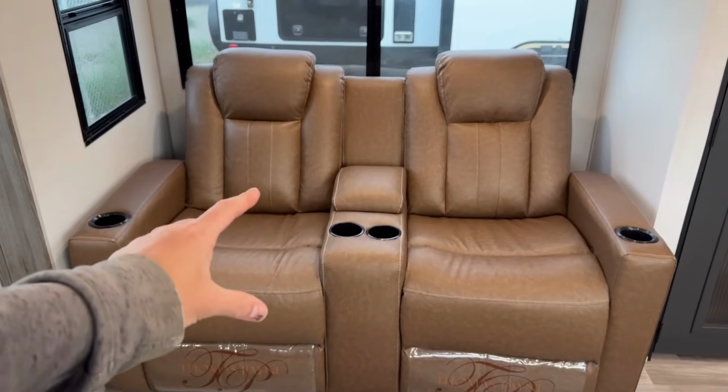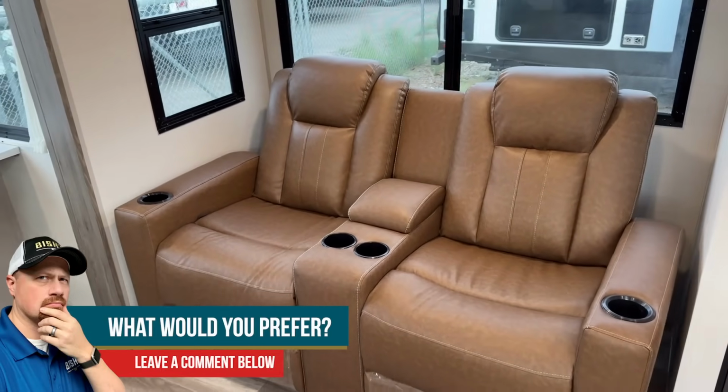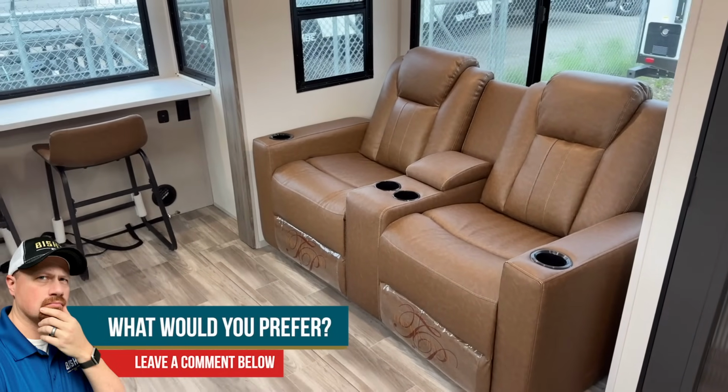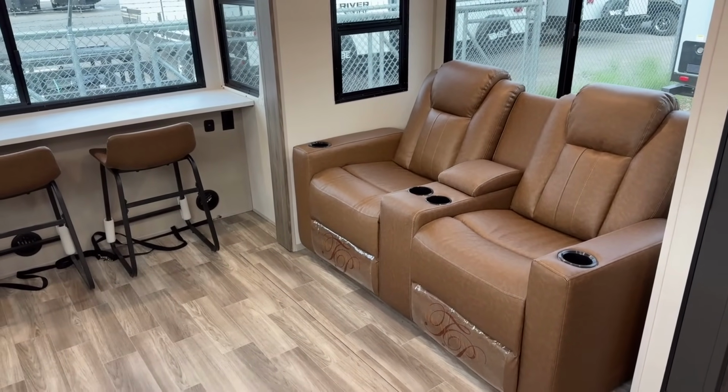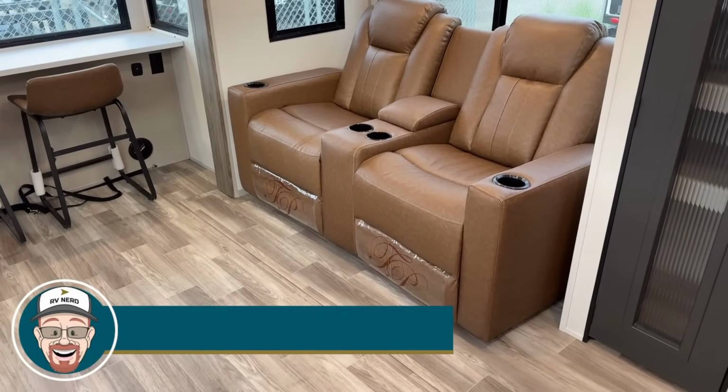I prefer a folding middle armrest versus the hard fixed middle console, especially considering you already got the barley pop holders in the armrest there. So you got your built-in cup holders. And I want to give them credit. Their floor flush slides are more flush with the floor than most floor flush